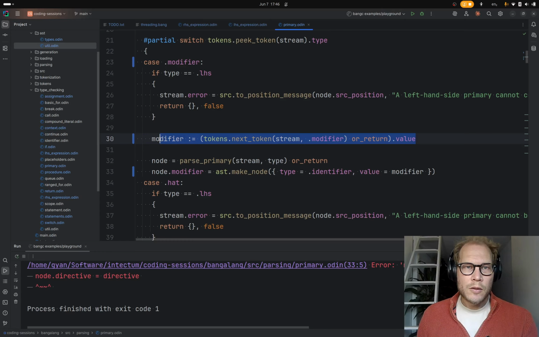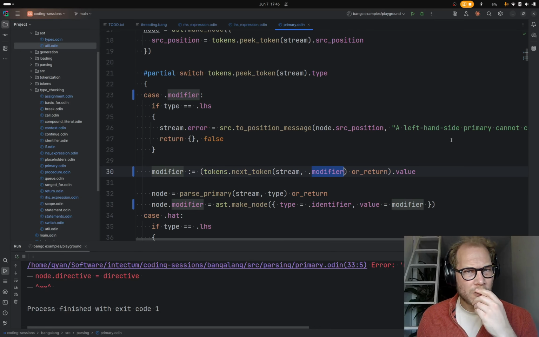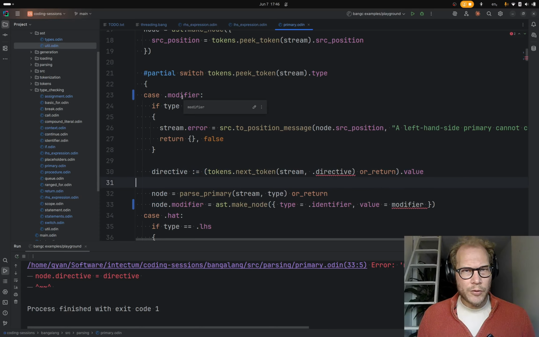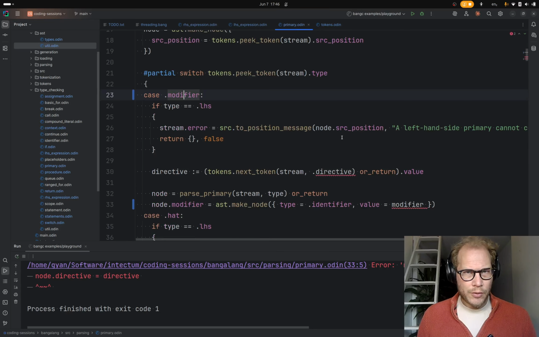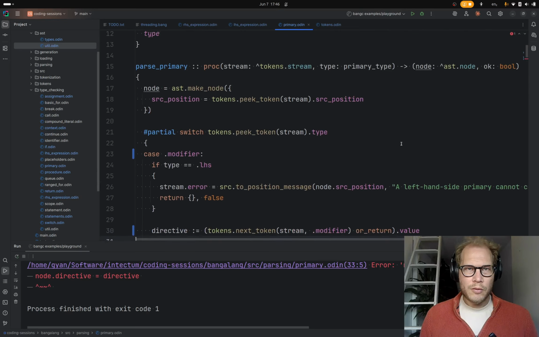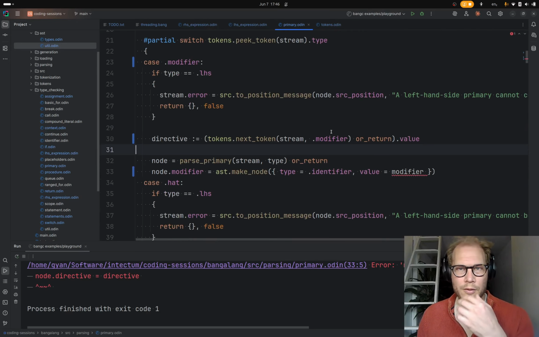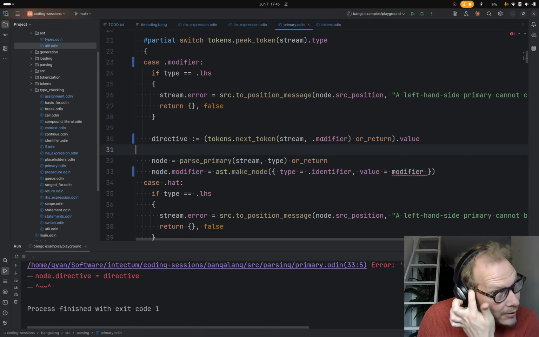This is where we're saying, so this modifier is a token type, which is like a special kind of identifier. There's no node type of modifier. It's just an identifier.